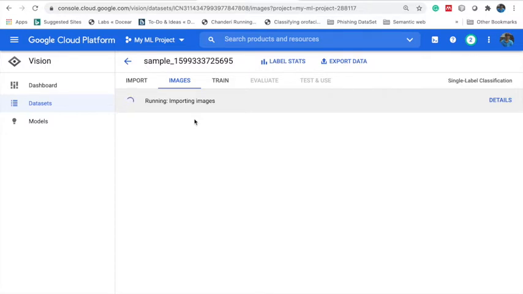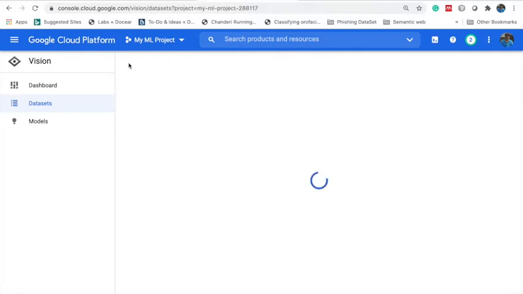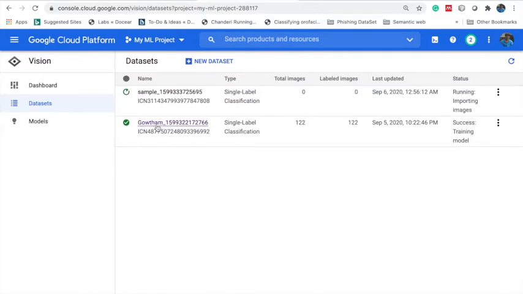Loading images and training the model takes a lot of time. So you need not wait here until the images get loaded. Once all the images are loaded, you can start training your model. So I already loaded my images. So this is the model which I have already loaded.